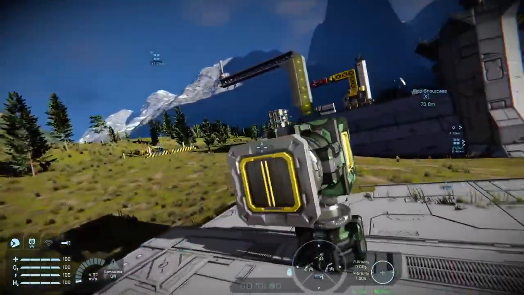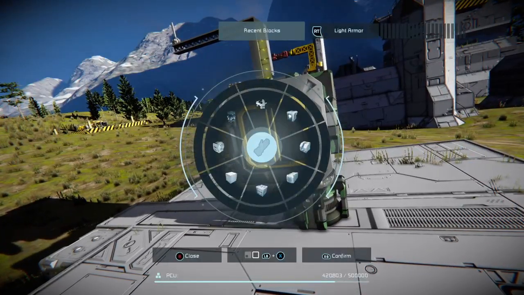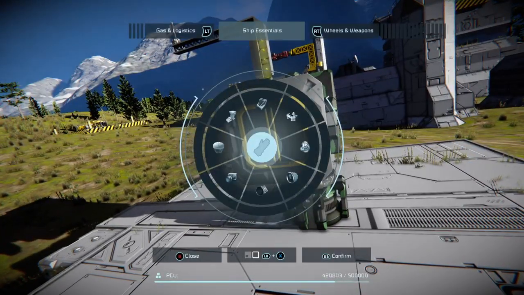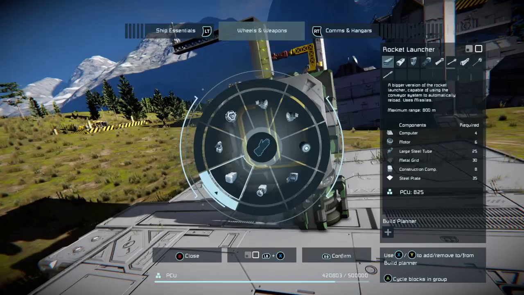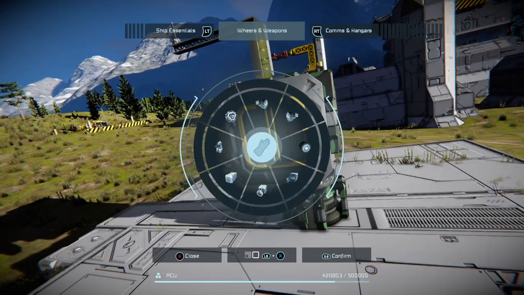Now, because it's large grid, we are limited on the vanilla game by what we can slap on there. All these are actual turrets, so we don't want them on there.